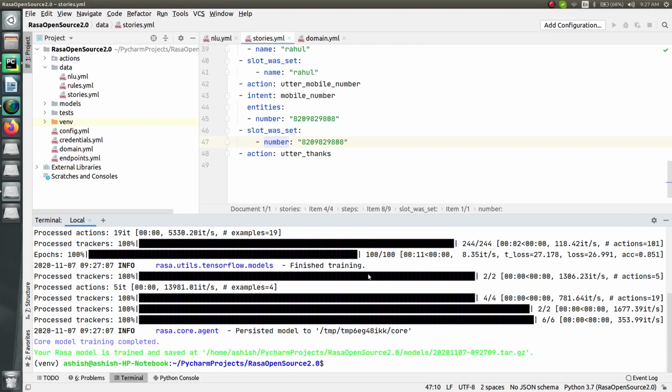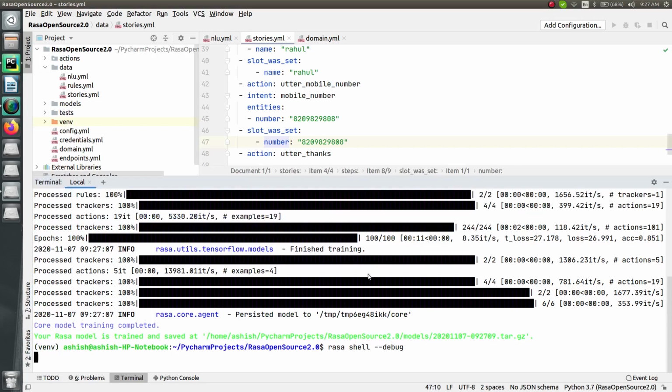Alright, so our model is trained now. Now it's time to verify that your model is working properly or not. So just type Rasa shell and let's run it in the debug mode so that we can verify everything, right?